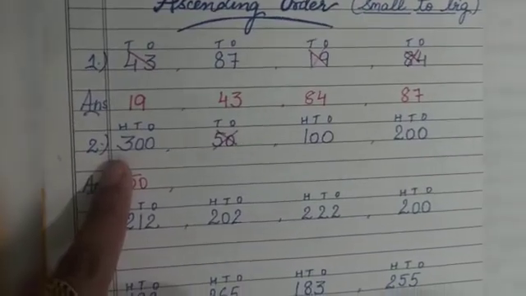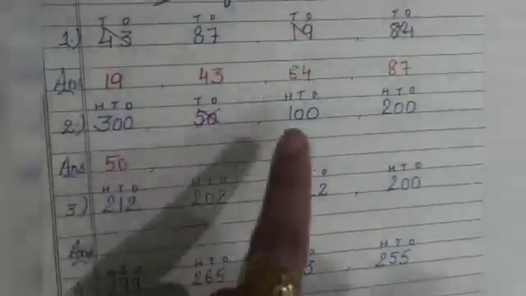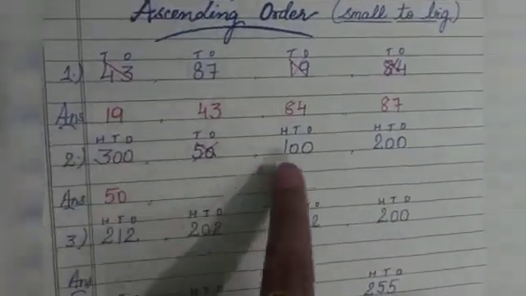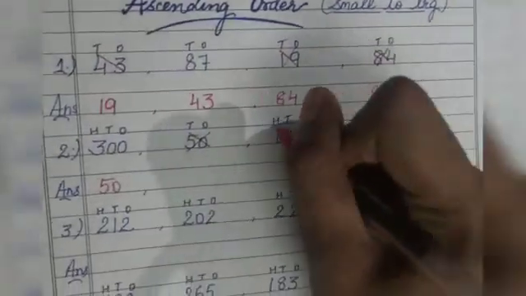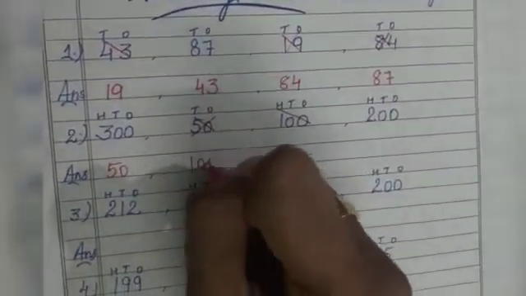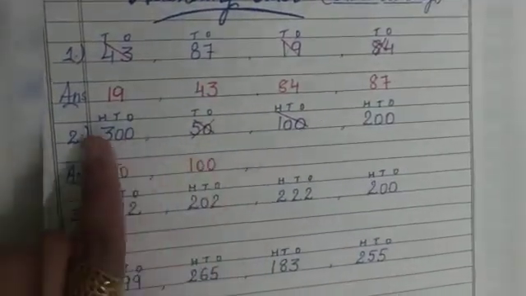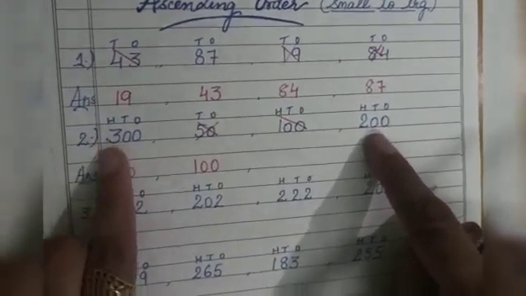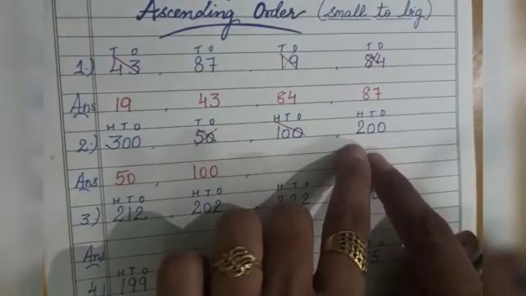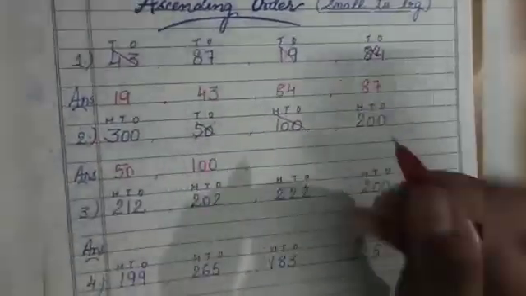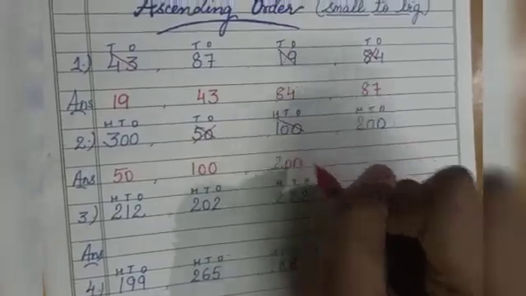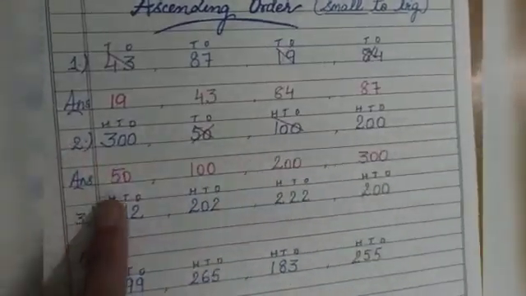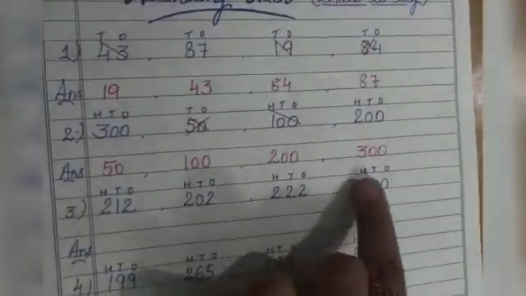See, this is 3, over here it's 1, over here it's 2. So I will see 1 is the smaller one. So I'll cut it and I will write 100 over here. Now I am left with these 2 options. Here it's 3 and here it's 2. So it's very much clear this one is the smaller one. So I will be writing 200 over here. Now the last option left, I will simply write it over here. Can you see? It's going in the order from smaller to bigger one.